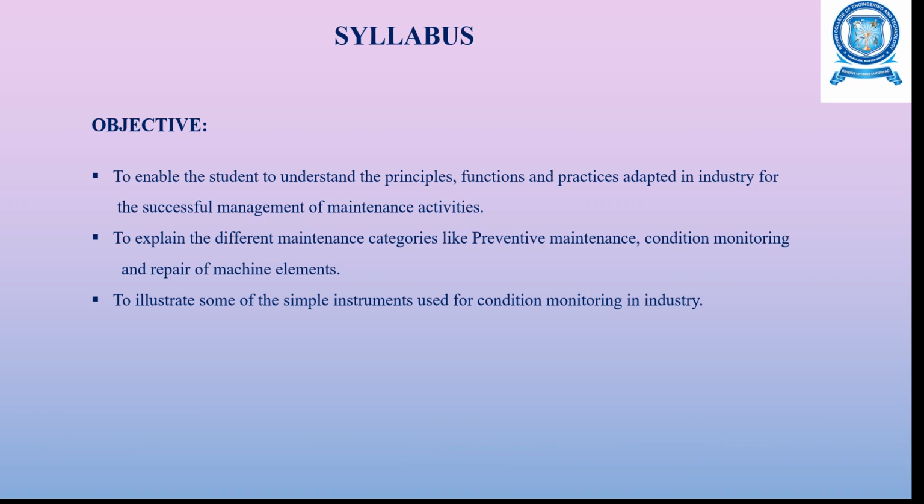So the objective of studying this maintenance engineering course is to enable the student to understand the principles, functions and practices adopted in industry for the successful management of maintenance activities, and to explain the different maintenance categories like preventive maintenance, condition monitoring and repair of machine elements, and to illustrate some of the simple instruments used for condition monitoring